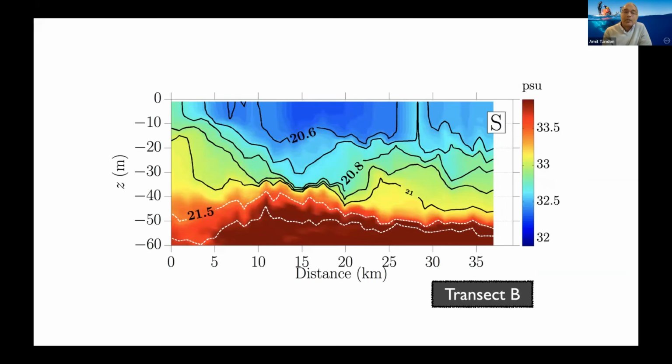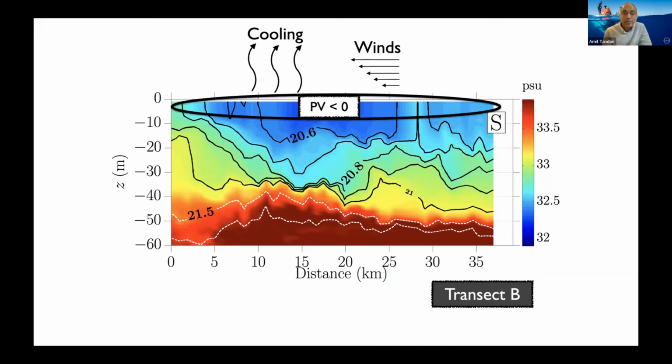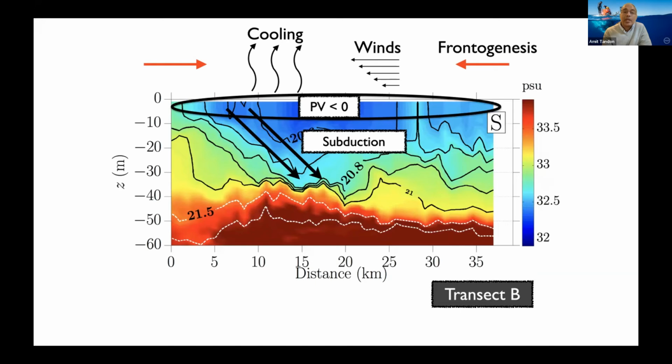So just to give you a summary, here is a salinity filament, and then in black are shown the density lines. So the picture we have is that the winds are blowing, they're creating downfront conditions, they are taking vorticity out. Both cooling and winds are reducing the PV in this region. This PV then gets subducted by frontogenesis. And as it gets subducted, since PV has to be conserved, it goes from a baroclinically unstable, mostly baroclinic PV